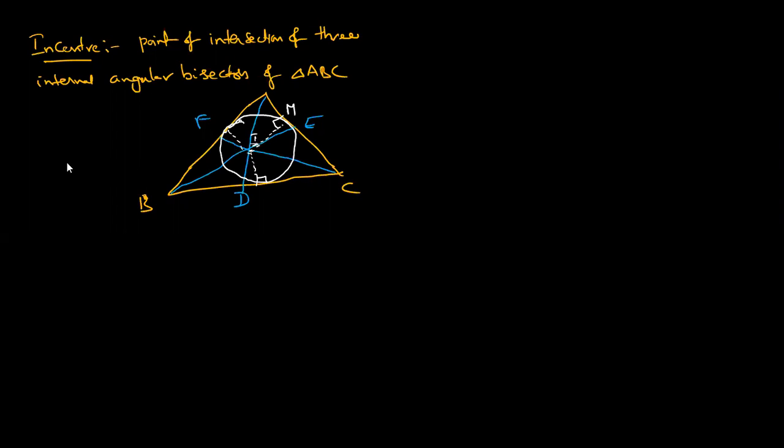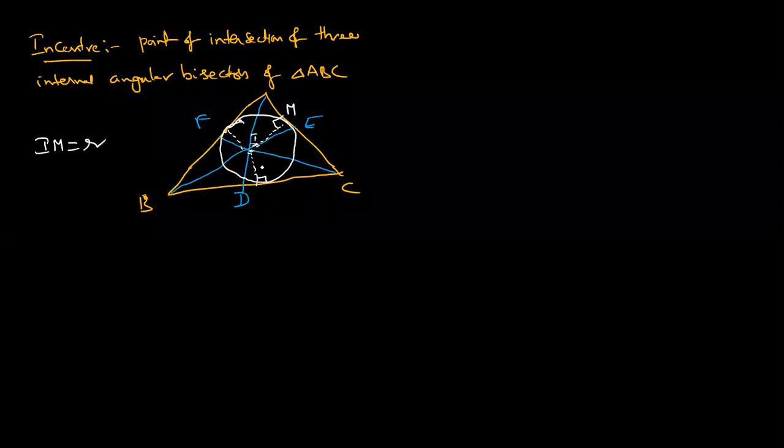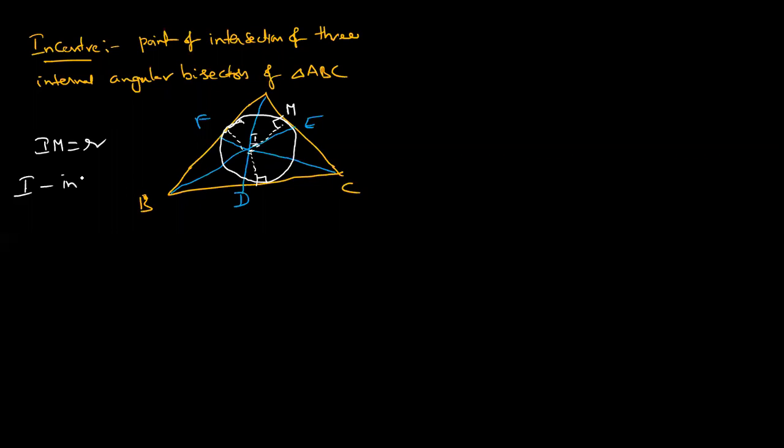Why? Because one more circle is there. That is the circumcircle. Don't confuse. If anyone is confused, I'm writing a C carefully. Dear students, IM is the radius. I is not the radius, I is outside. That's why M behaves as a point of contact. So here, I is the incenter. We discuss slowly, no problem. What is the radius? That is the inradius.